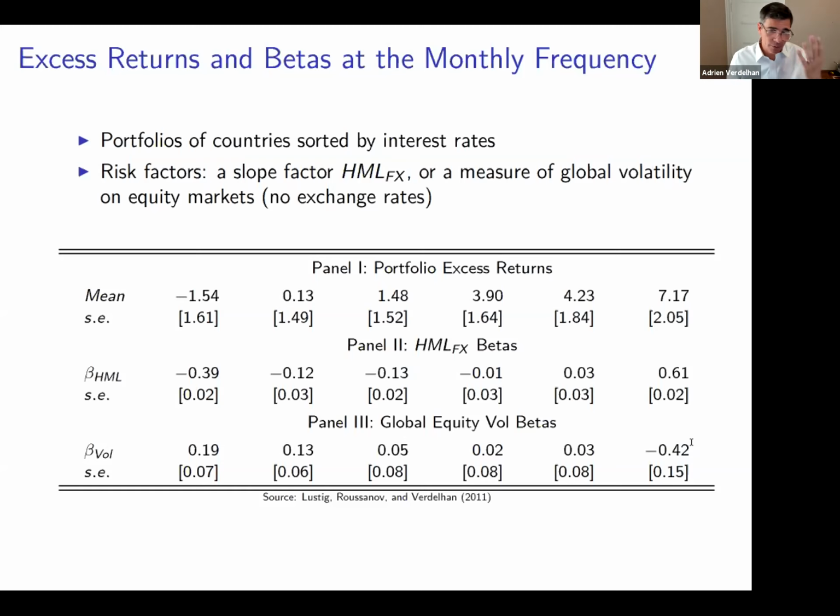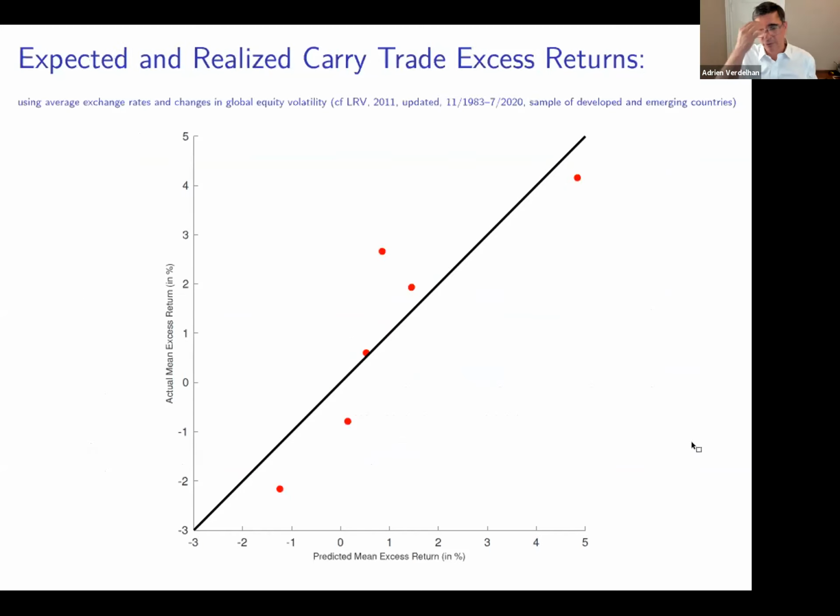Okay? So this is the way to just show it. I can show you with a couple of graphs. For the fun, preparing for this talk, I just decided to update what we had done with Hanno and Nick before. And so it seems to actually work pretty well.